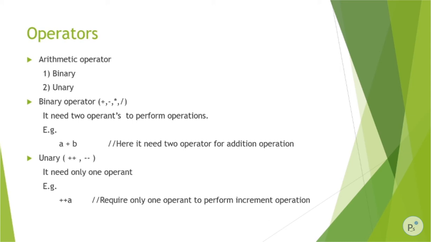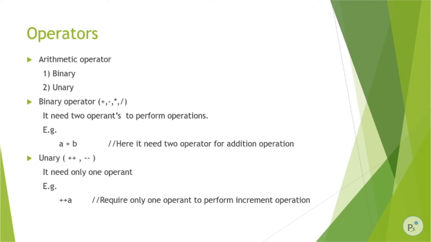In binary operator we need two operands to perform that operation, meaning, for example, a plus b, where a and b are two operands. Are you getting it? Two operands are needed to perform a certain operation. That's why binary needs two operands. It may be used to perform operations like addition, subtraction, multiplication, division, whatever it is. It needs two operands. Okay, so we will see our next sub operator, that is unary operator.